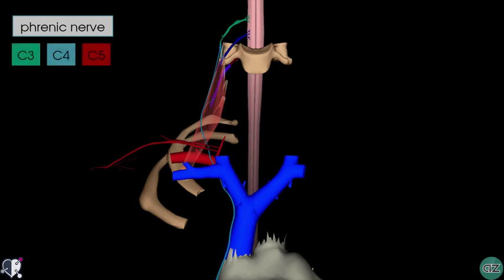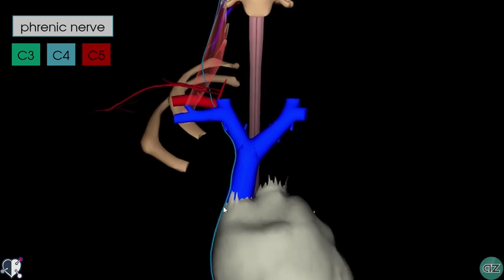On this model we've got the right phrenic nerve, and you can see how it originates from C3, 4 and 5, and it passes around the lateral aspect of the anterior scalene muscle, and then it winds round anteriorly, and it passes between the subclavian artery and the subclavian vein, and it enters into the thorax via the superior thoracic aperture, descending anteriorly to the